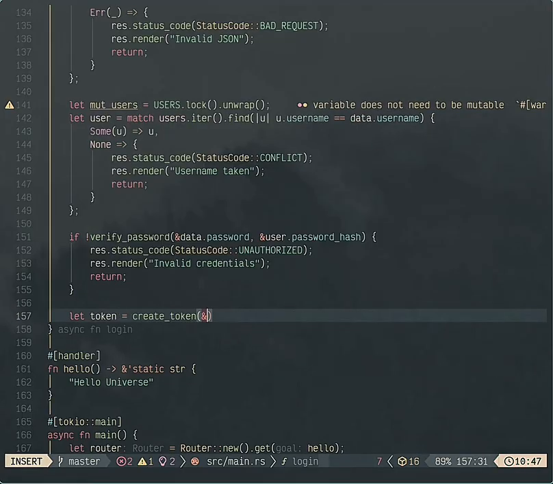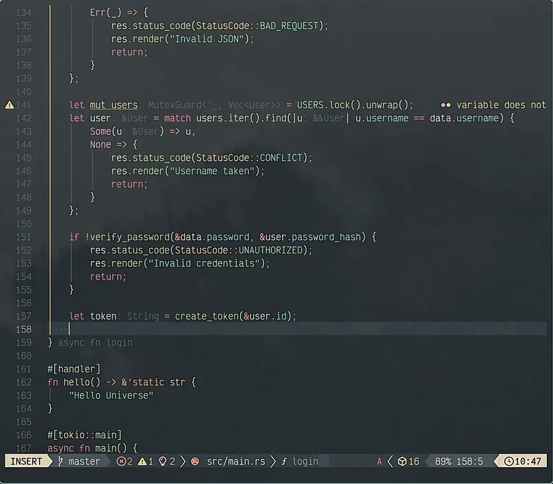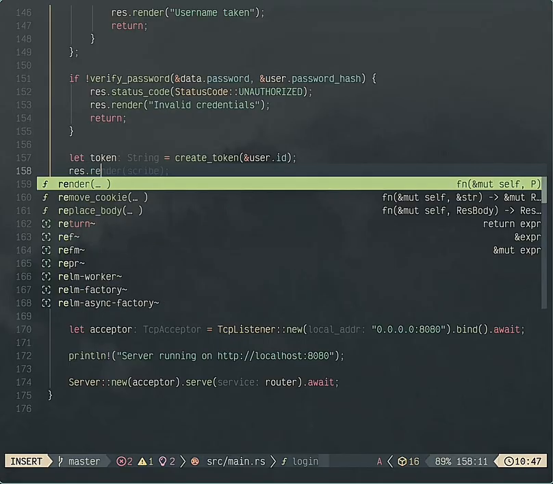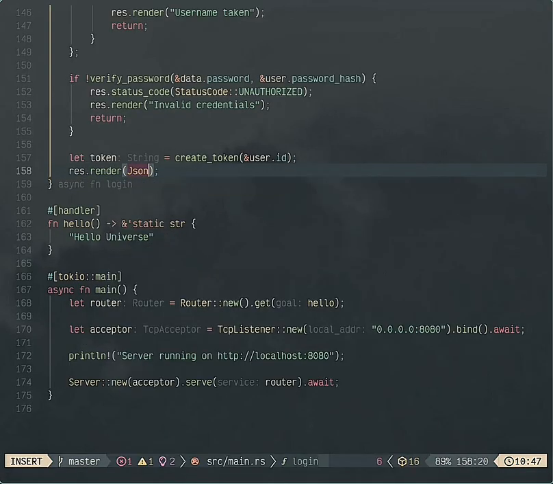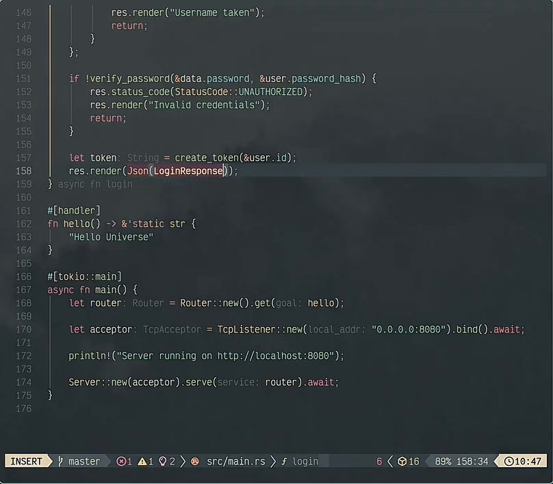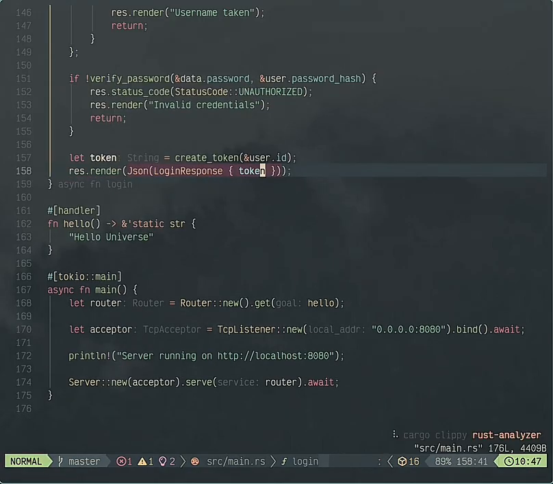Then we can pass in a reference to the user ID, and we can say you can render, and then JSON login response, and you can say token. Yeah, it should be good. Alright, so no errors,